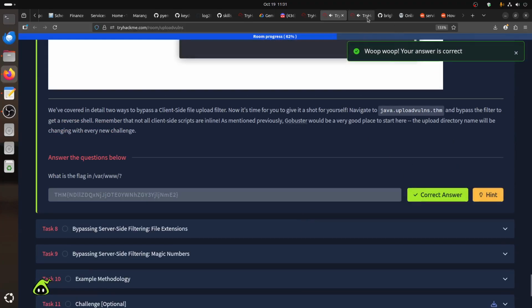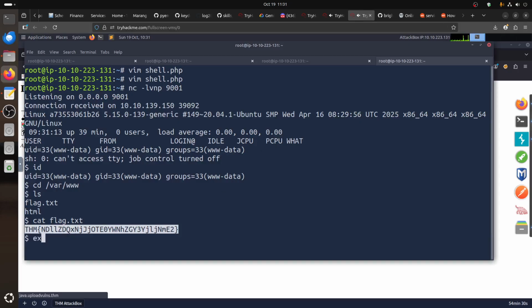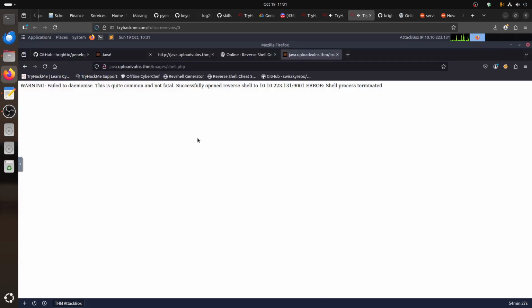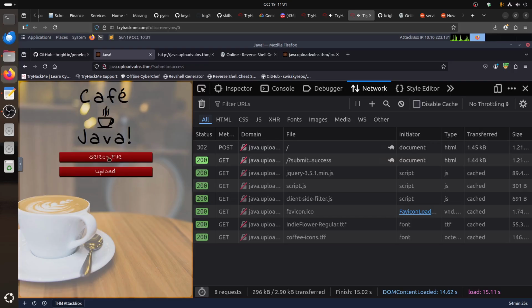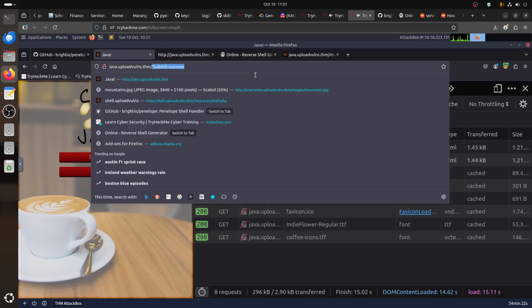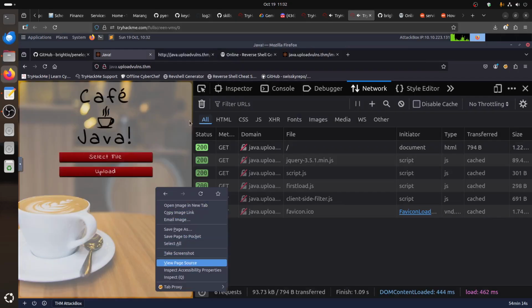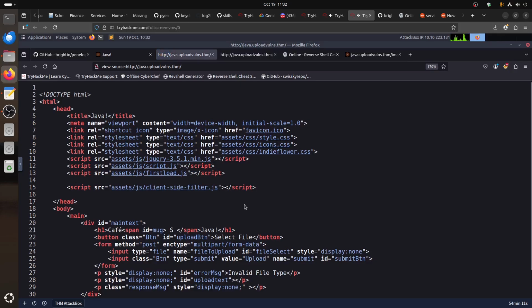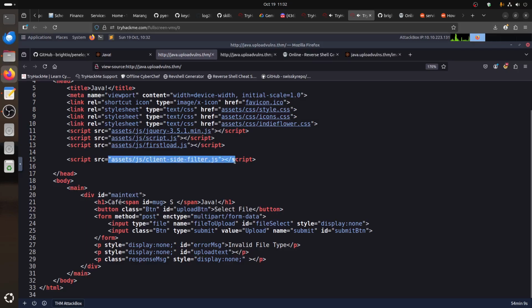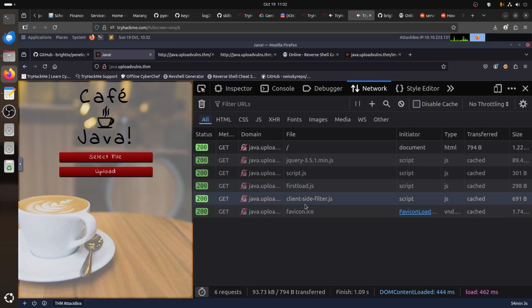So basically here, to recap, let's do exit here. The idea of this story is that before you send, this script runs in the browser, that's why we need to intercept. You can see it here. So this script, client side filter, runs inside the client. So before you click, when you select a file,